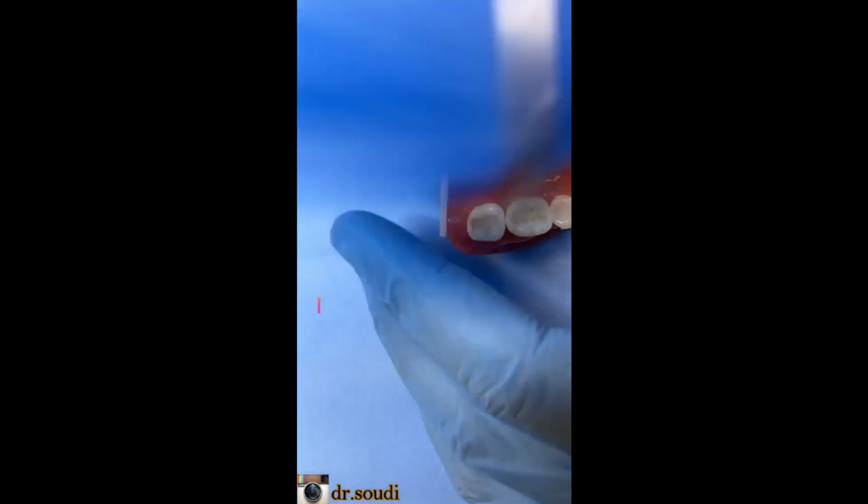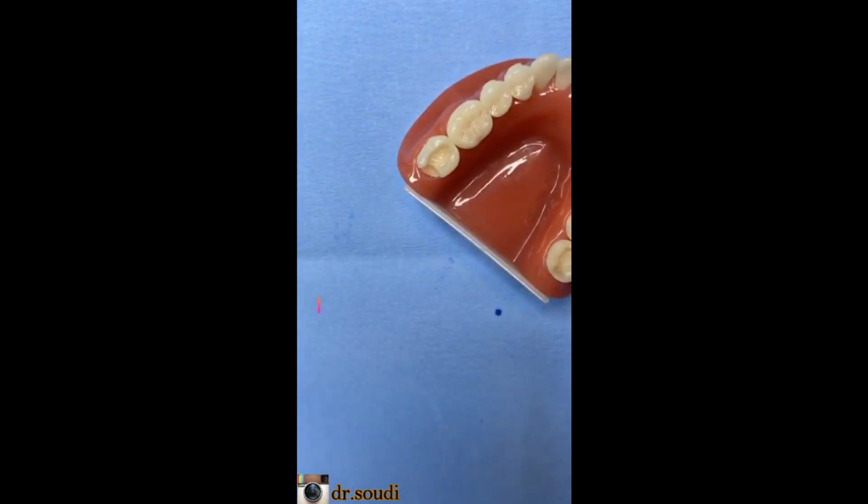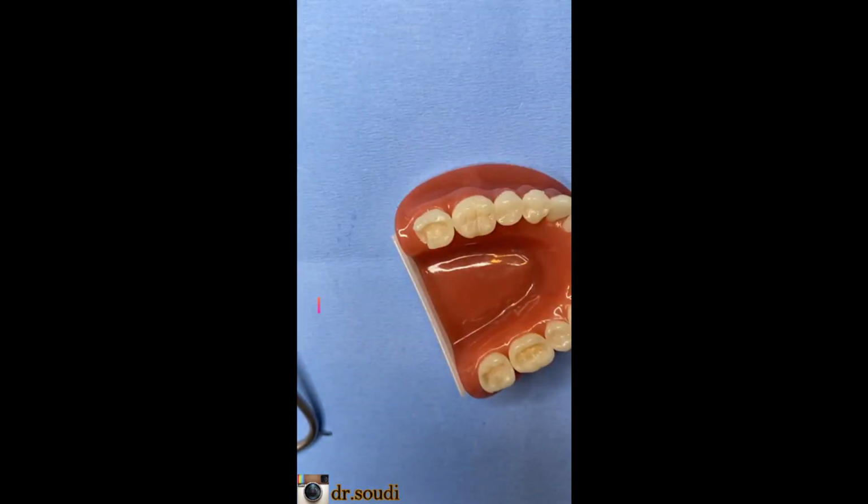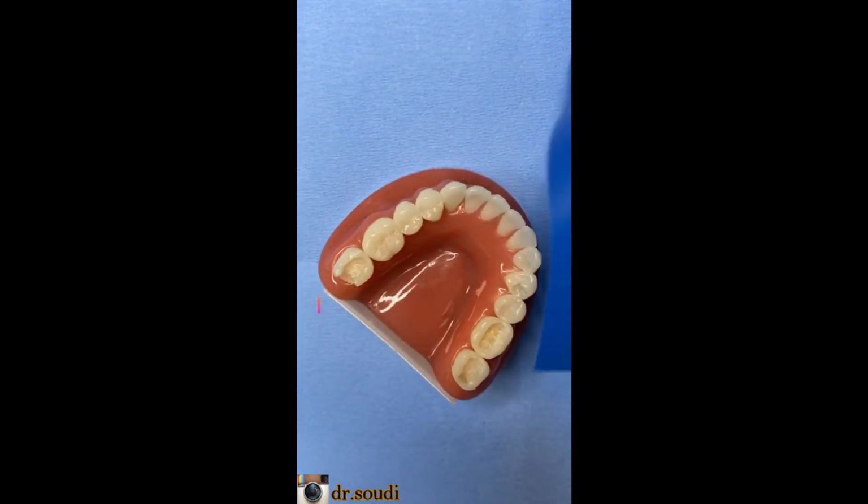Okay. Again in English, we will do now quadrant isolation. We have many tricks, many techniques for the quadrant isolation. Now we'll talk about quadrant isolation, not single tooth. Okay. As we said earlier,